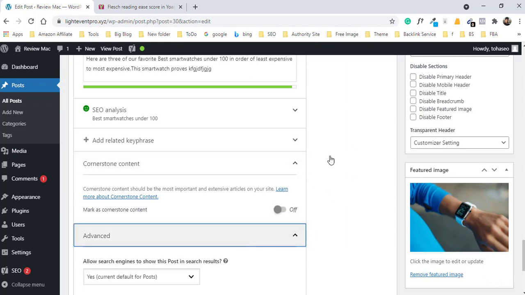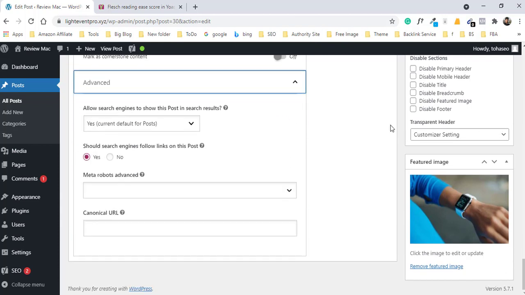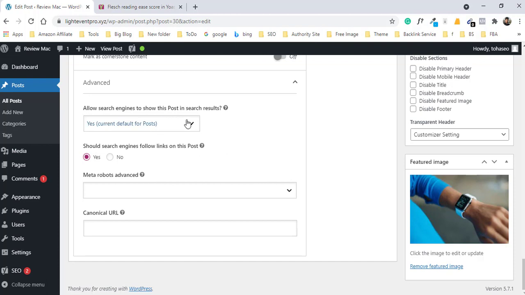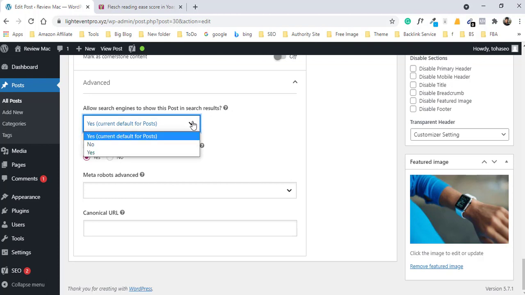Another advanced option: here you can allow the search engine to show this post in search results or not. If you say yes, then this post will be indexed in search results. If you click no, then you tell the Google robot that it should not index this post. So if you do not want to index this post, click no, and if you want to index this post, click yes.